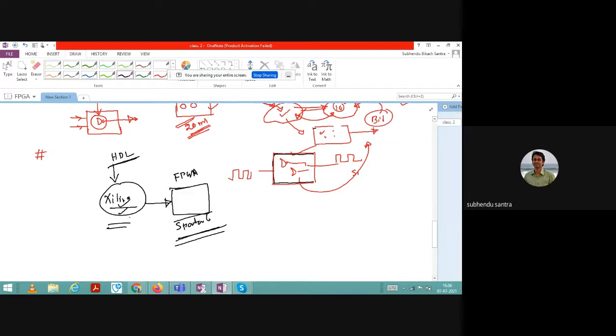Compile means what? The code you have written, whether this code is executable on this particular board or not, that Xilinx will check. After passing this checking procedure, it will generate two files. One is directly the bit file you can generate. Let us say you are confident that the code you have written is exactly fine. You can dump it to the hardware, and I will discuss that section again. The bit file you can directly dump, and then you can give 5-volt input to the board, input to A or B, and you can get the output.